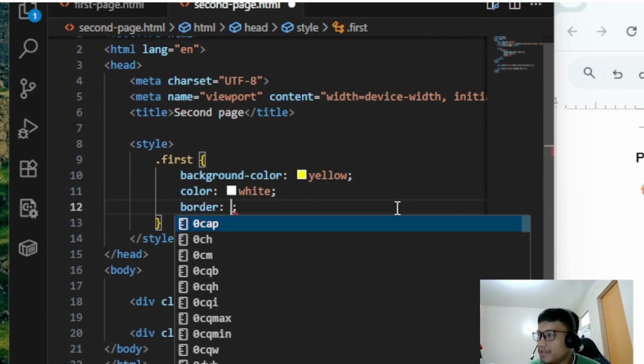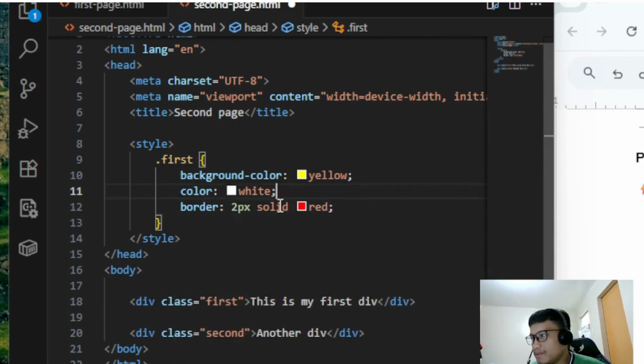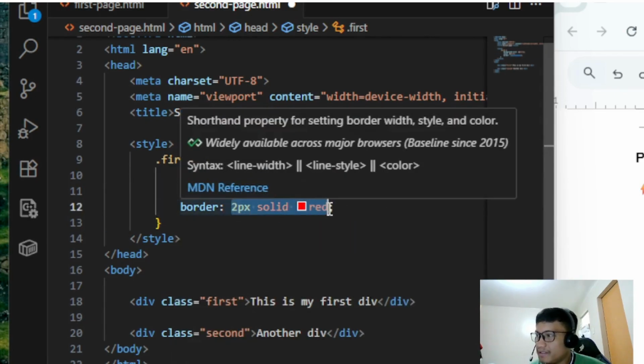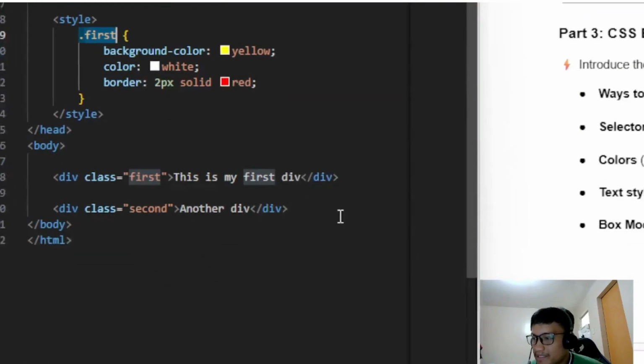So let's say border. So for border, you'll have let's say 2px solid red. By the way, you will see it later on why this is the value of the border. Okay, so I am styling the first class.